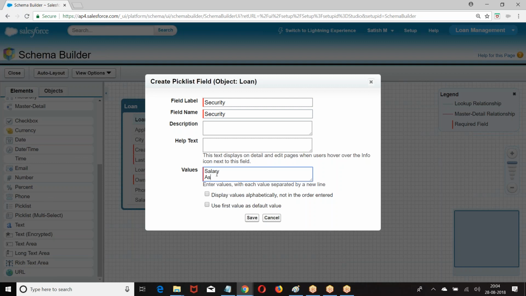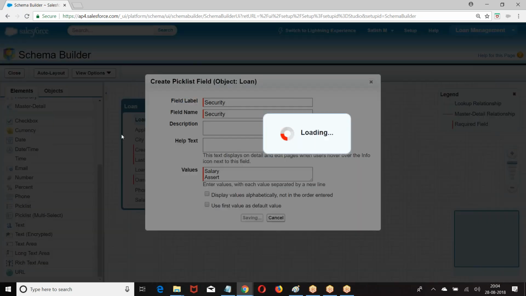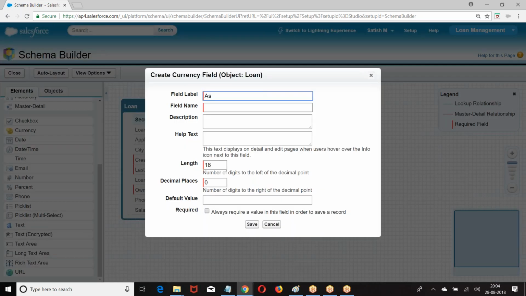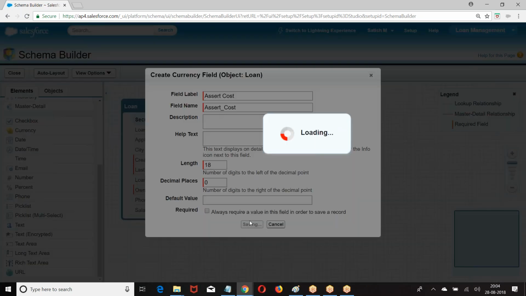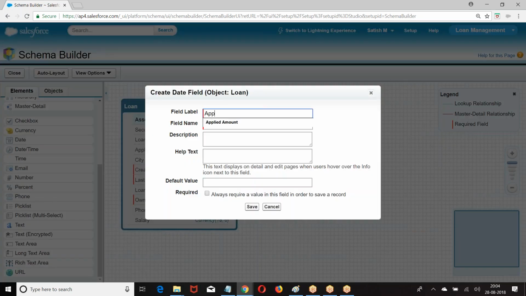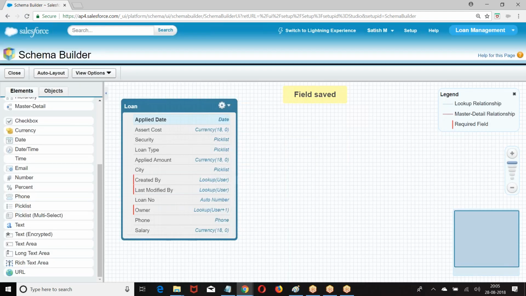Salary based or on asset? Then applied amount and salary. Okay. Asset cost: what is the cost of your asset? Then applied date.